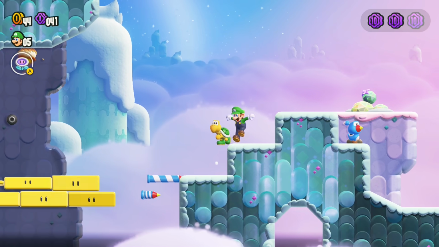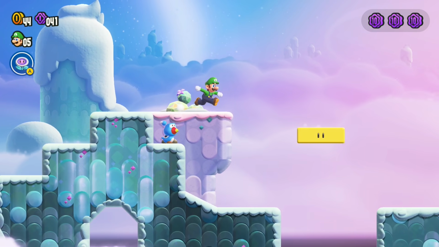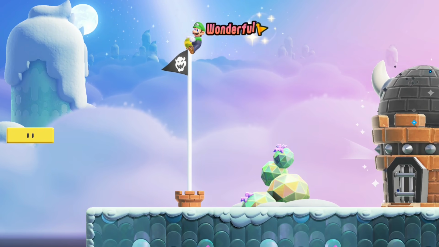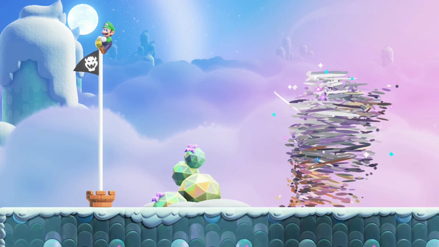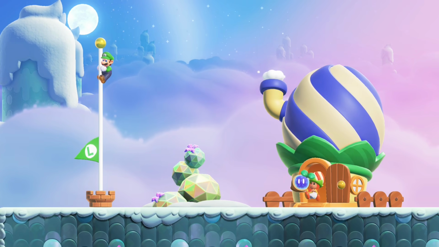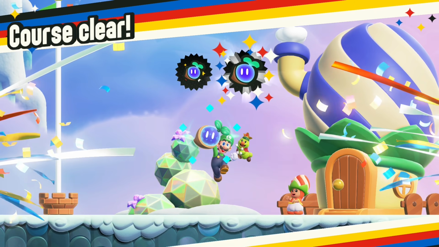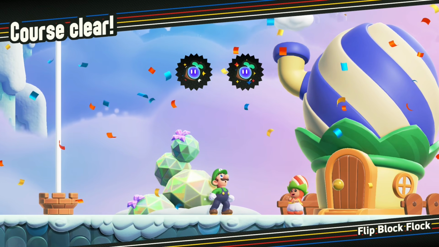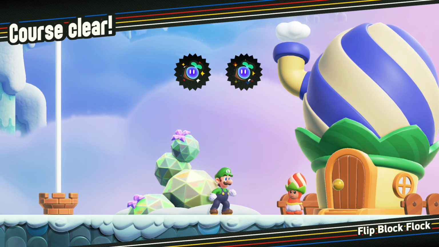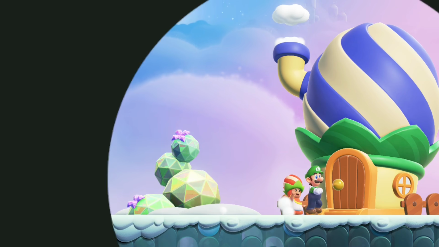That third purple coin there is also quite tricky to get. And yeah, this little goal pole challenge here is just the same thing we have throughout the rest of the level, but with that, the level is done. We've played through the whole thing. And I really hope this was the first and also the last time I ever have to make a level using this method, because I'm hoping some kind of level editor releases sooner than later.